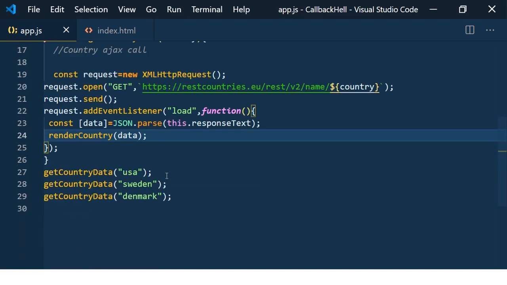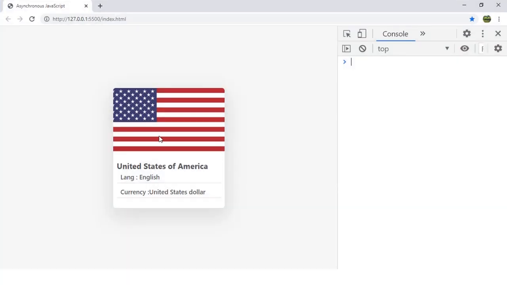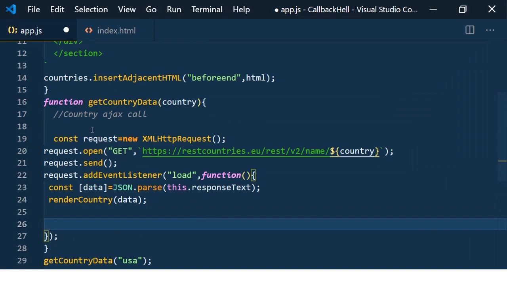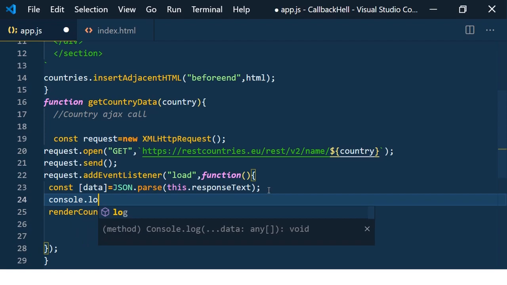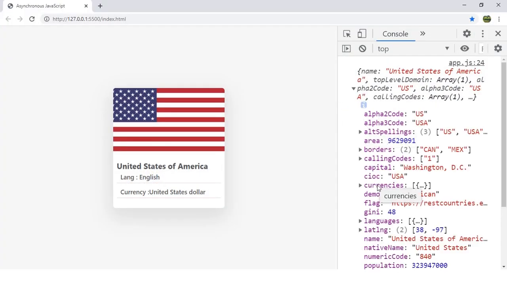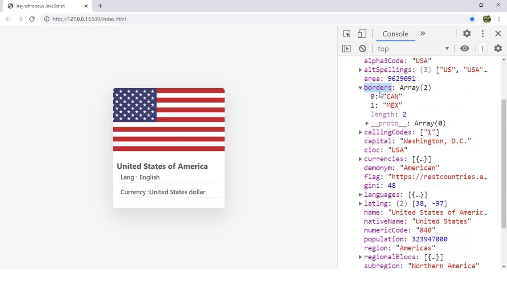In getCountryData, I just use only USA and remove the others. Now let's go and see on the UI. Now you can see that USA is there, it's working as expected. So once we get the country data, we need to get the borders. So console.log data. We can see that borders are available inside the country and borders is an array which has two values